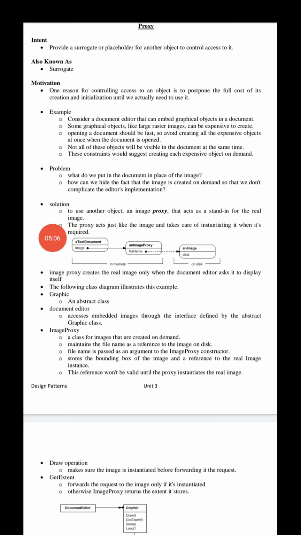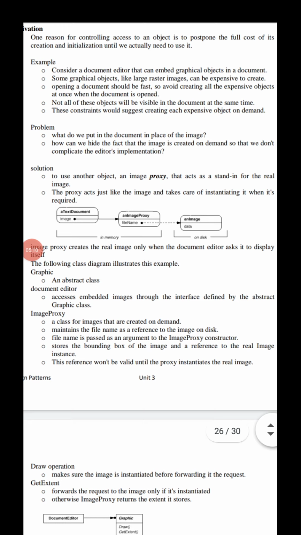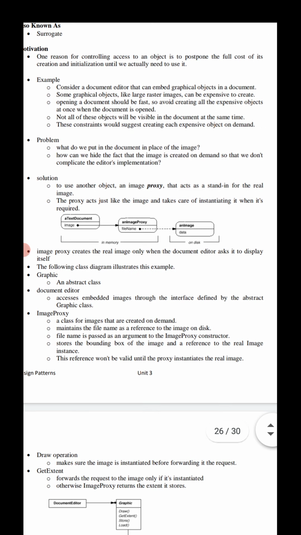Here is the explanation of this content. Look at this diagram. The image proxy creates the real image only when the document editor asks it to display itself. The following class diagram illustrates this example.